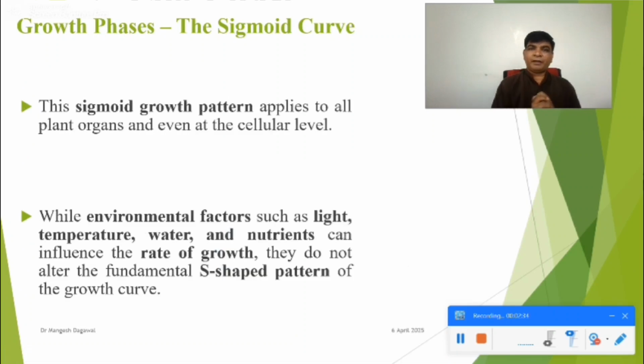This sigmoid growth pattern applies to all the plant organs. कोई भी plant organ होगा उसको apply होगा, even at the cellular level. While environmental factors such as light, temperature, water, and nutrients can influence the rate of the growth. मतलब ये ग्रोथ रेट जैसे दिख रहा है ओके, बट इन्वायरमेंटल फैक्टर जो है वो उसको अफेक्ट, इन्फ्लुएंस कर सकते हैं।